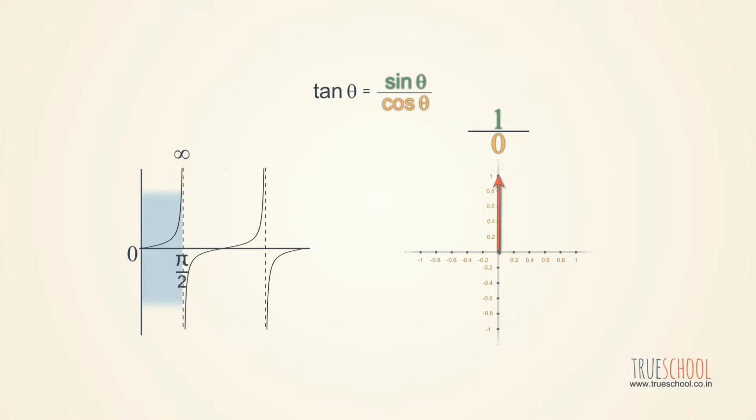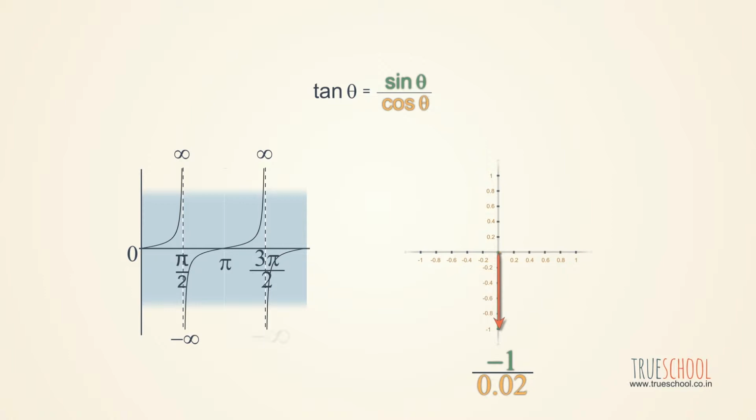As the angle transits from the first quadrant to the second, the sign of cos changes from positive to negative, whereas the sign of sin theta remains positive. Hence, the value of tan theta becomes -infinity near pi by 2 in the second quadrant. It increases passing through 0 and then again becomes infinity near 3 pi by 2. In fourth quadrant, its value is -infinity near 3 pi by 2 and it reaches back to 0 at theta